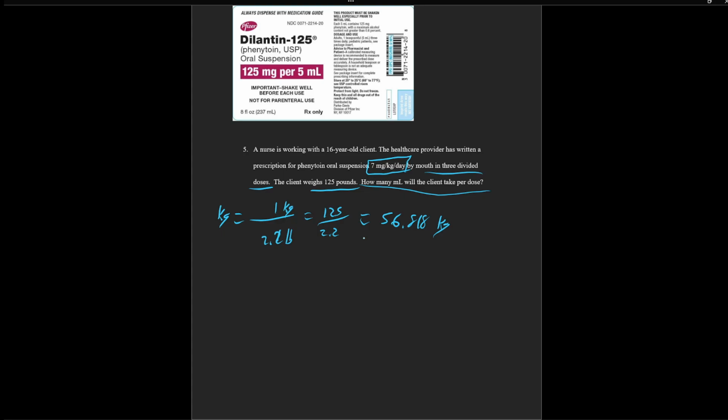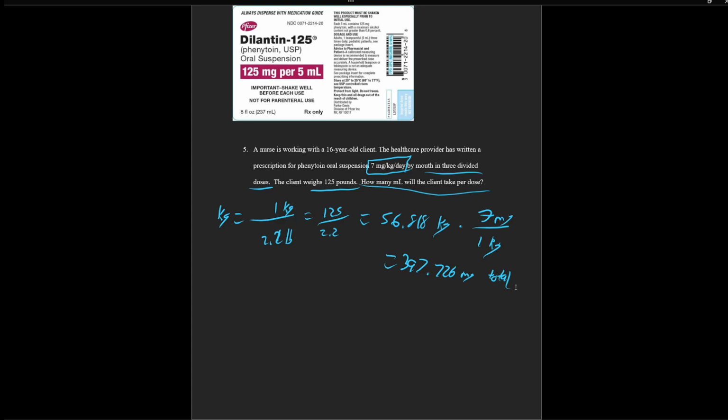And then we know that for the dose, we're going to be multiplying by, for every 1 kilogram, we're going to be administering 7 milligrams. Which means 56.818 times 7 is going to be 397.726 milligrams total, which is great. So we have that information that they're going to be given 397.726 milligrams total, and that's going to be over